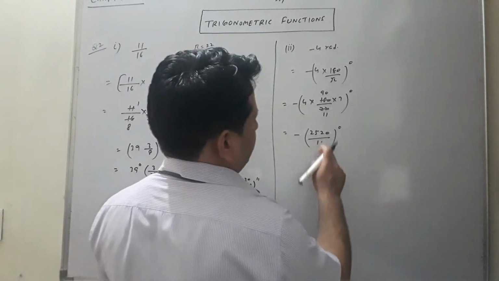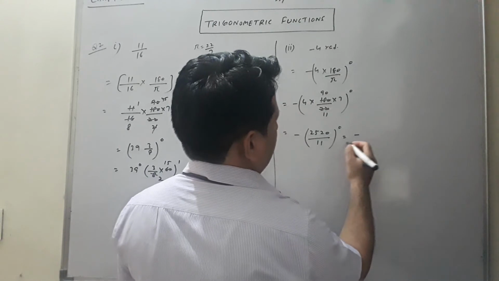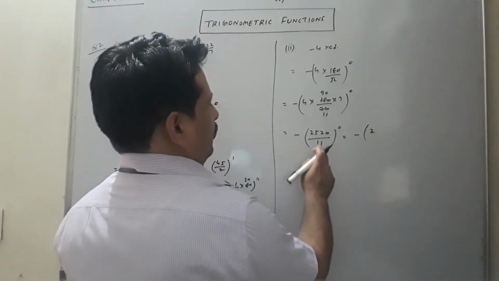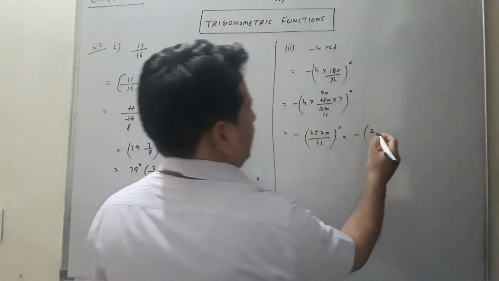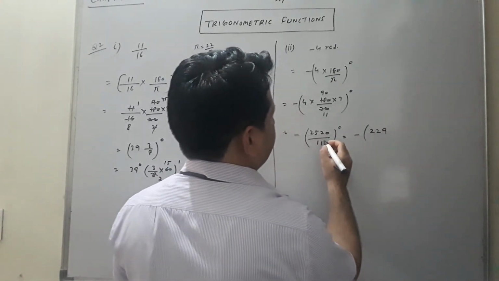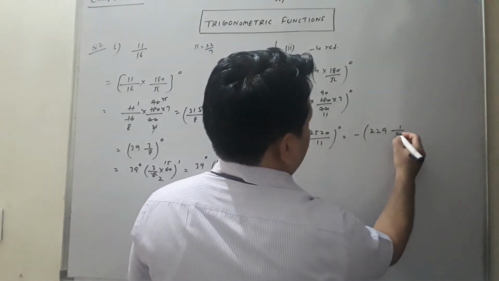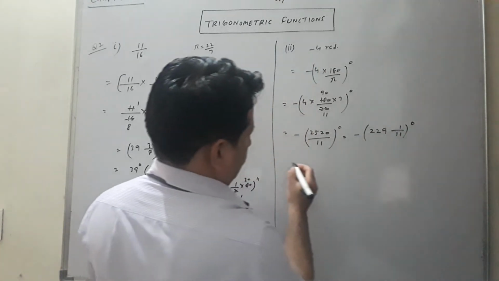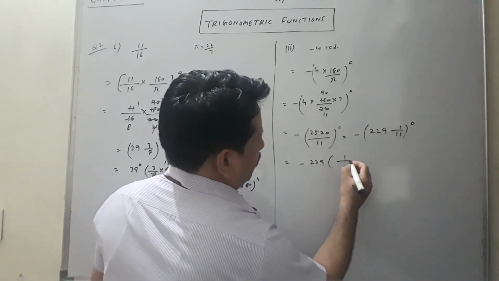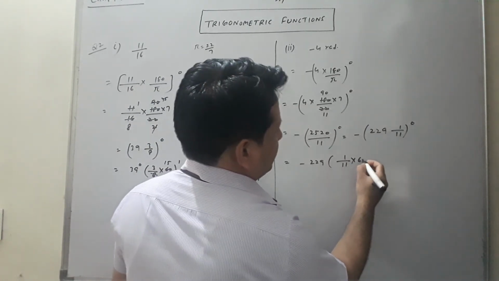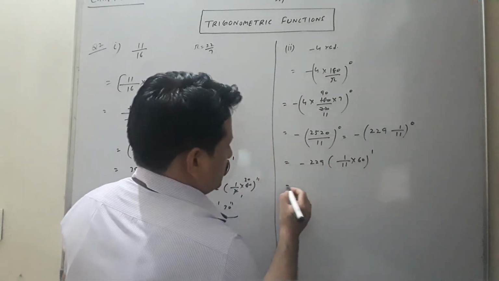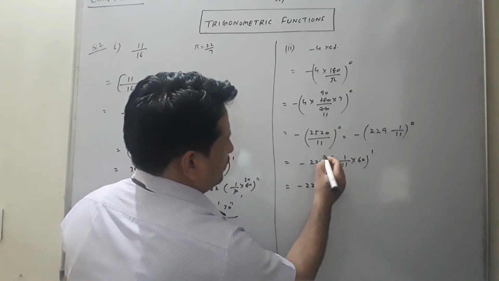Now what you will do, you will divide it, students, with 11. 11 2s are 22. We have left with the 3, 11 2s are 22. We are left with the 10, 100, 11 9s are 99. Then here it is 1 by 11. Now this is equal to minus 229, and students, now 1 upon 11, this is multiplied by 60 because we are going to change into minutes now. So this will come as 225 degree. Here it is degree, students.